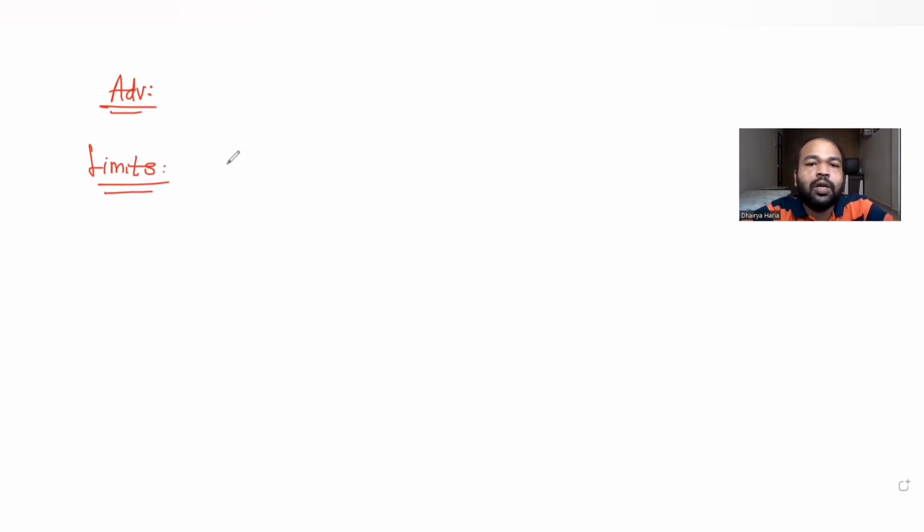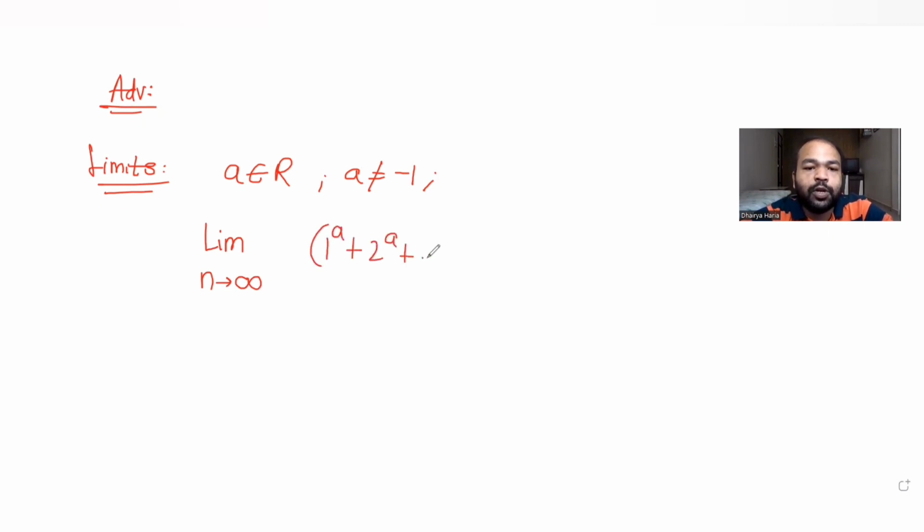The question says that a belongs to R, where R is the set of all real numbers, a cannot be equal to -1, and we have to find the value of a when the expression given says: limit of n tends to infinity, the numerator is 1 raised to a plus 2 raised to a till n raised to a,